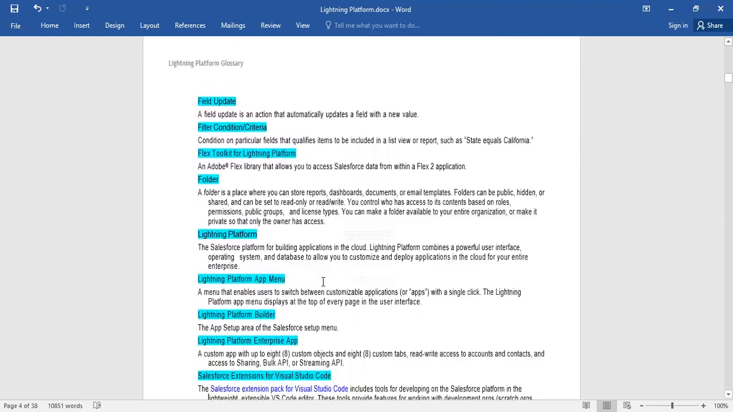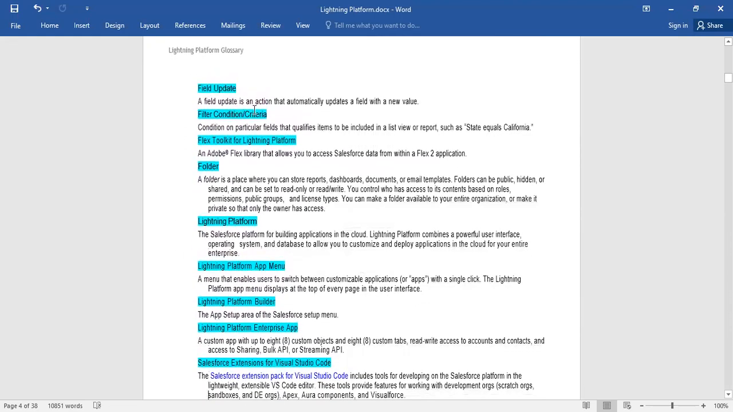Field update. A field update is an action that automatically updates a field with a new value. Next, filter condition criteria. A condition on the particular field that qualifies items to be included in the list with the reports, such as state equals